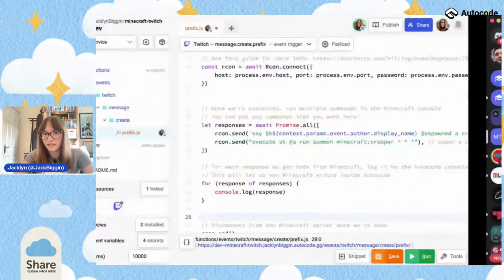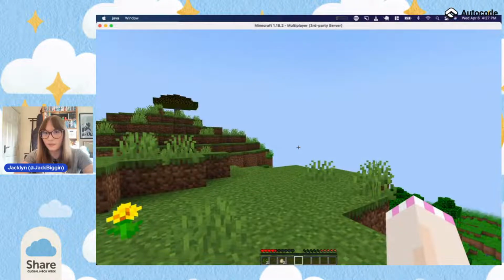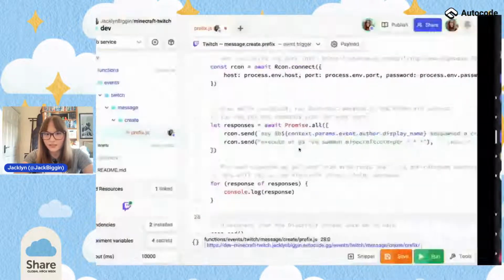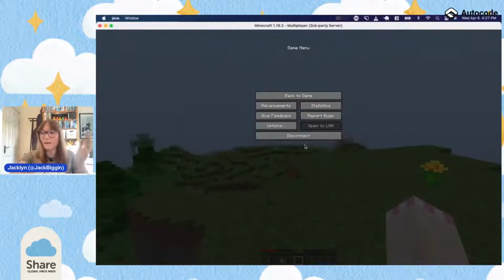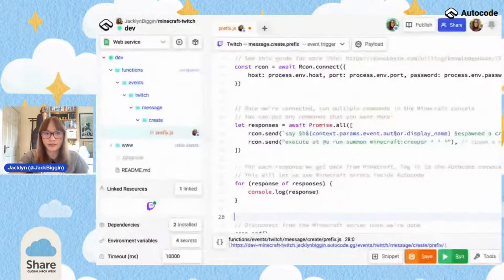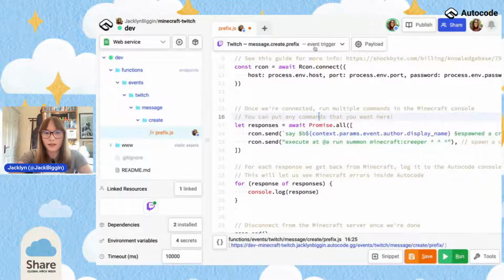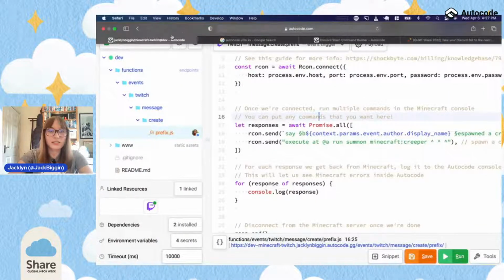And once that runs, we'll see in just a second, hopefully, if I did it right. Well, let's check Discord. So sent it, I think. I should be getting a creeper on my head. But that didn't happen, right? So we can investigate why that didn't happen by checking our logs. And I think it's probably because I've set things wrong. So it's a really obvious thing.